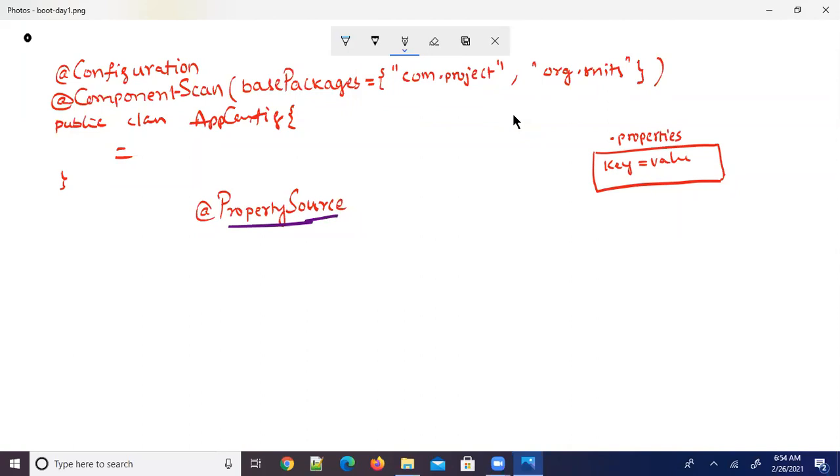To this annotation, we can provide either one or multiple properties files as a value.